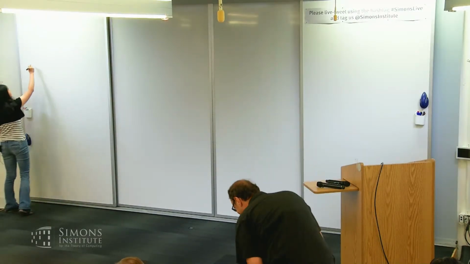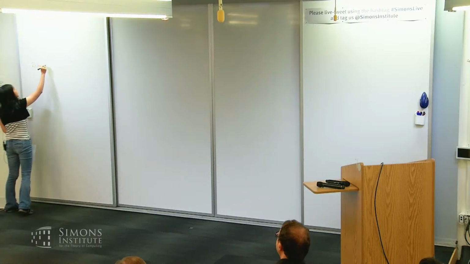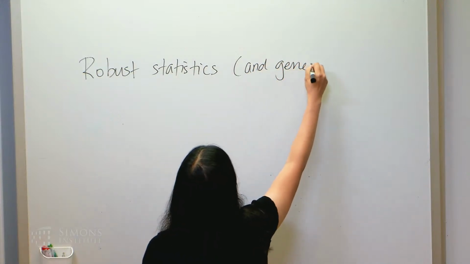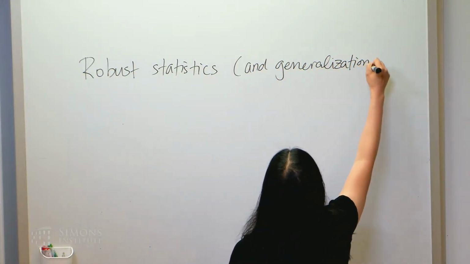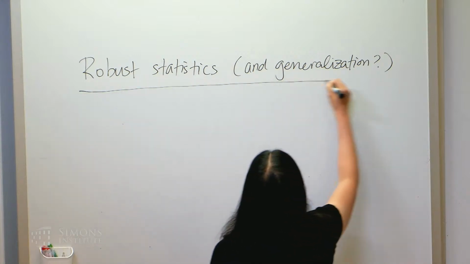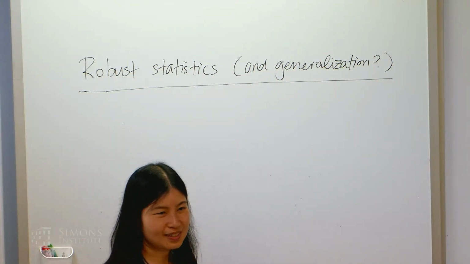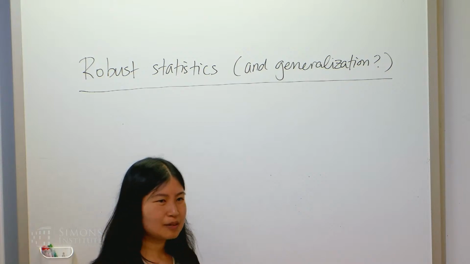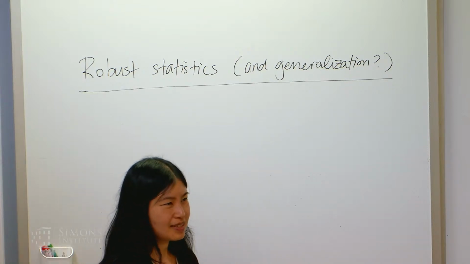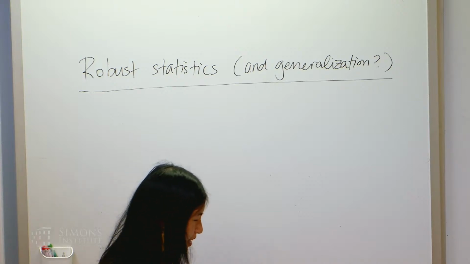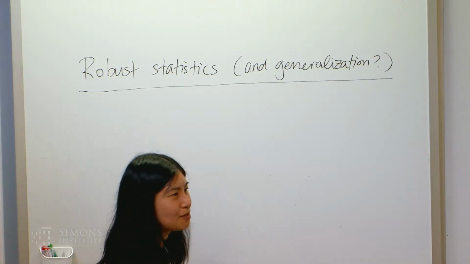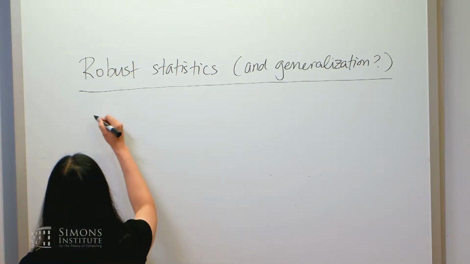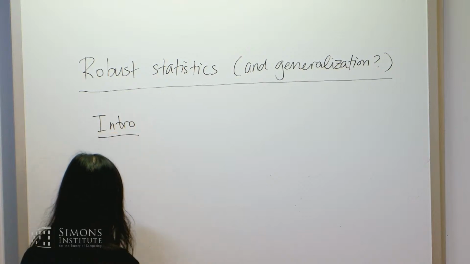Okay, so I'm going to be talking about robust statistics and maybe generalization. The other bootcamp organizers asked me to give a talk on classical Huber theory. So that's what I'll do, and I'm going to try to bridge it to some more modern topics and things that I and collaborators have worked on. And we'll see how far I get. I have quite a bit of material, and I'm happy to subsample it and see what people are interested in.